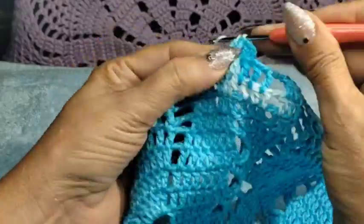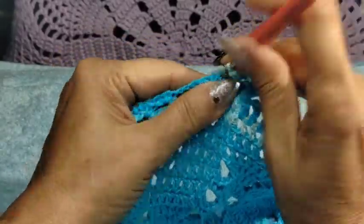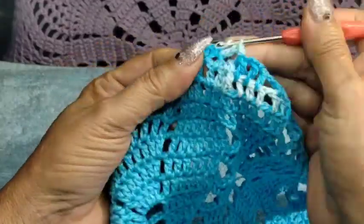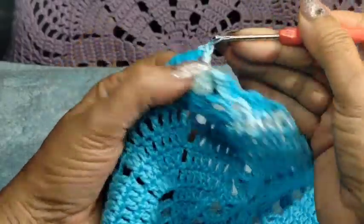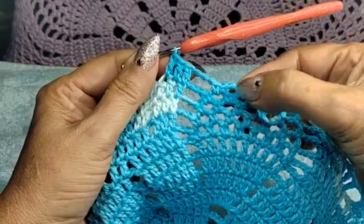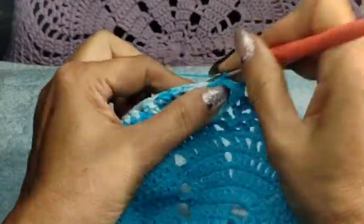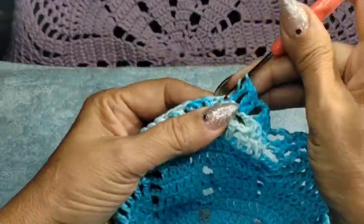2 double crochet in the same chain, and now 2 chain space, and my 3 double crochets. So these 2 chains here and here will be always the same until the end. Same thing as the 3 double crochets and the 3 chain for the pineapple loops. So do your pineapple loops. So I've done my pineapple loops. I have 3 chain, 3 double crochet stays the same, the 2 chain stays the same, and now 2 double crochet per each double crochet here, 1 chain space, and again just repeating the 2 double crochet, 1 chain,